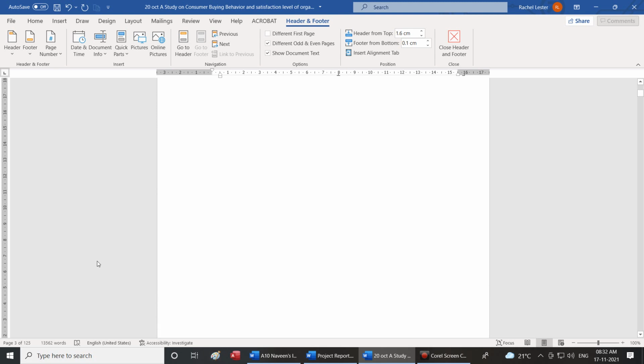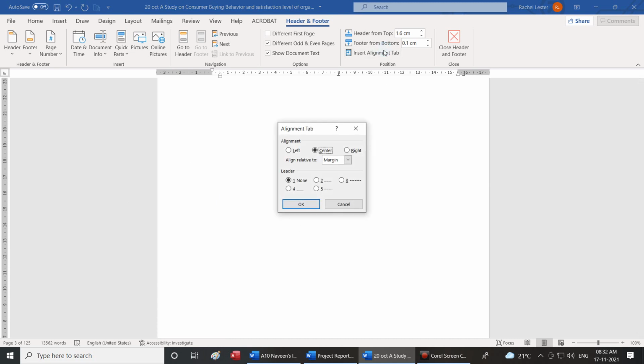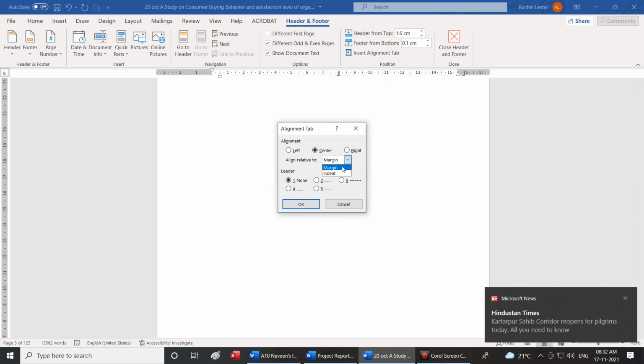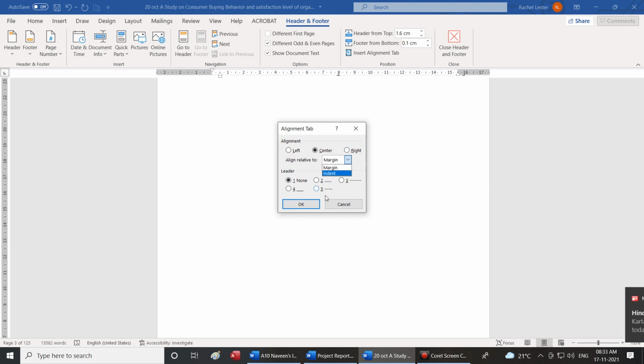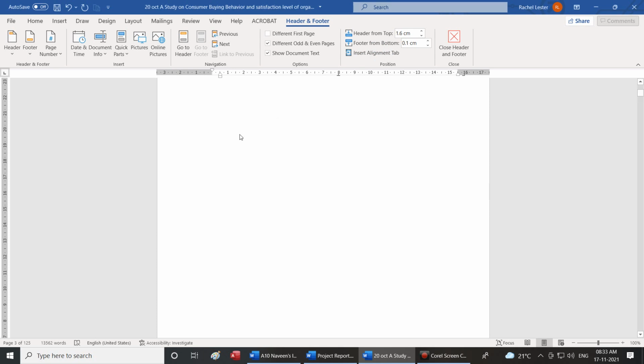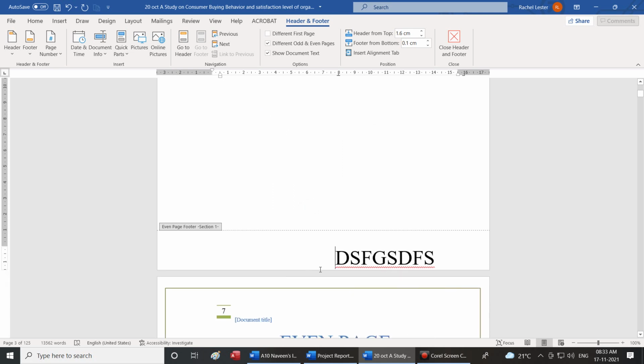We'll also be talking about indent in the next class inside the document, so that you can understand this better. Either you can align it to the margin or you can align it to the indent. You can create multiple indents also. When I come here, I can select 2 indents, 3 indents, 5 indents. Indent is the positioning of your text when I actually use the tab. Like that I can create multiple indents.